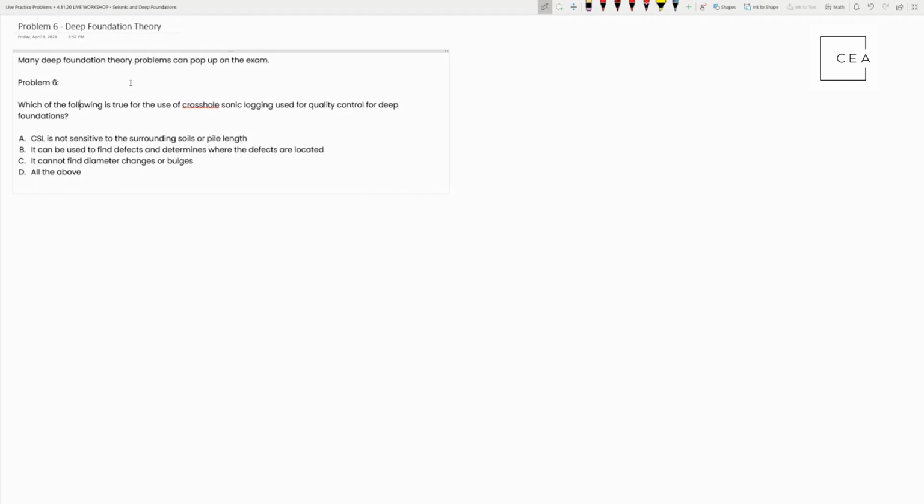And it's typically used on big caissons. So when we do big bridge work, and we've got big piers that we're constructing, this is how they test whether the concrete has got a nice uniform consistency across the